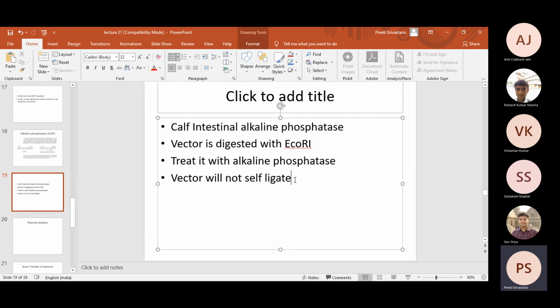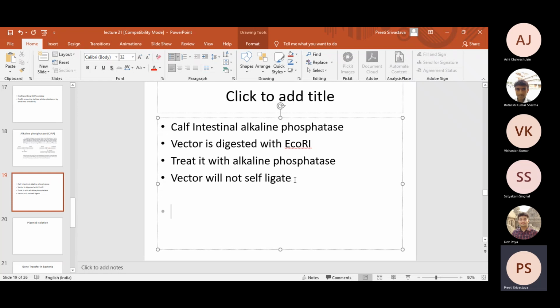So now the question is, why don't we do the phosphatase treatment to start with? Why are we doing the screening on antibiotic plates, or on lacZ alpha blue white screening? Why should we not straight away go for alkaline phosphatase treatment and then do ligation, and then you will have most of the colonies containing insert, and then you can prepare the library and confirm the clones again?